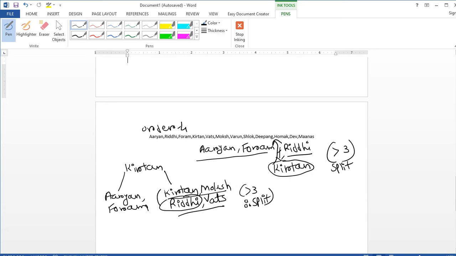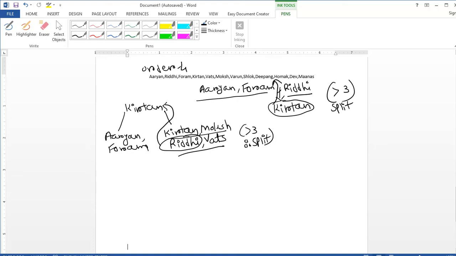Fine, so this value will move up, and then we'll have the tree after splitting with Kirtan and Riddhi in the root node, and all other values are in the leaf node, because as of now there is no internal node.